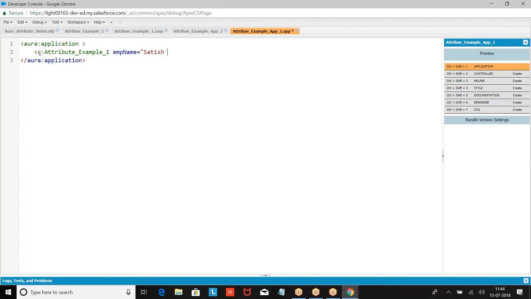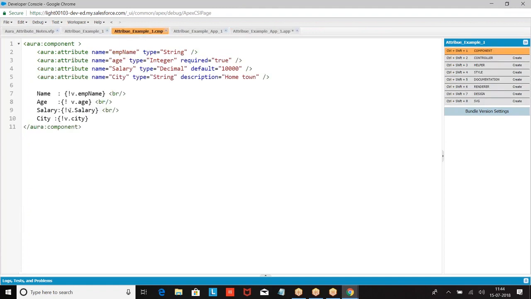The people who are invoking it, they have to give it. Then age, I am not giving default value. Salary, I am not giving. c capital.